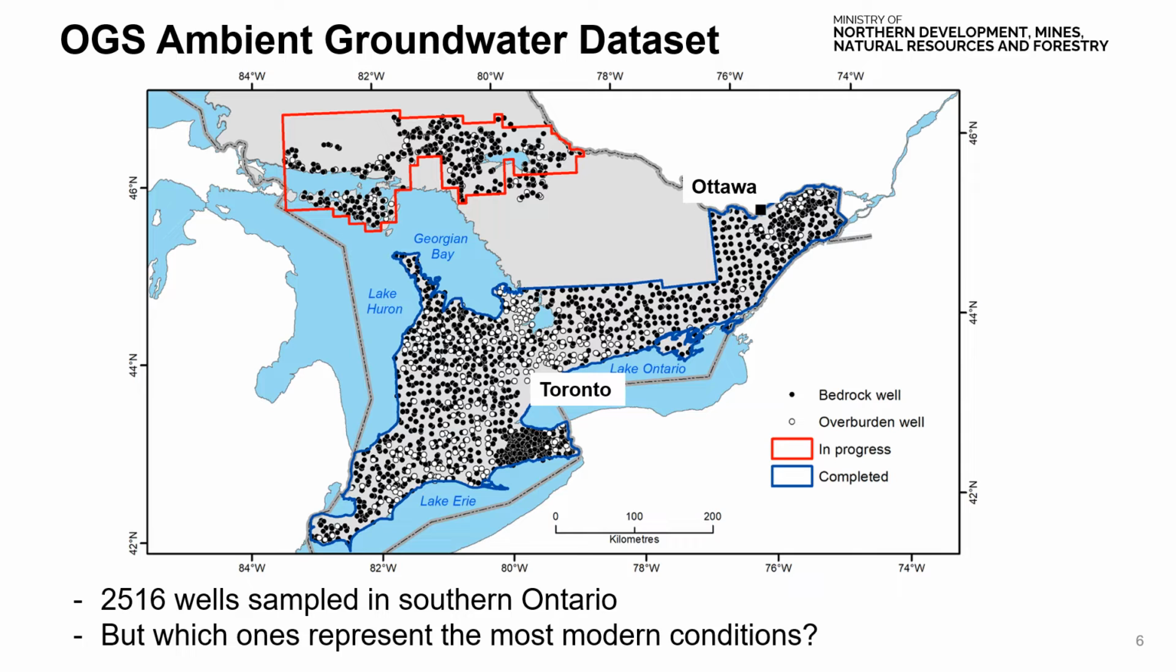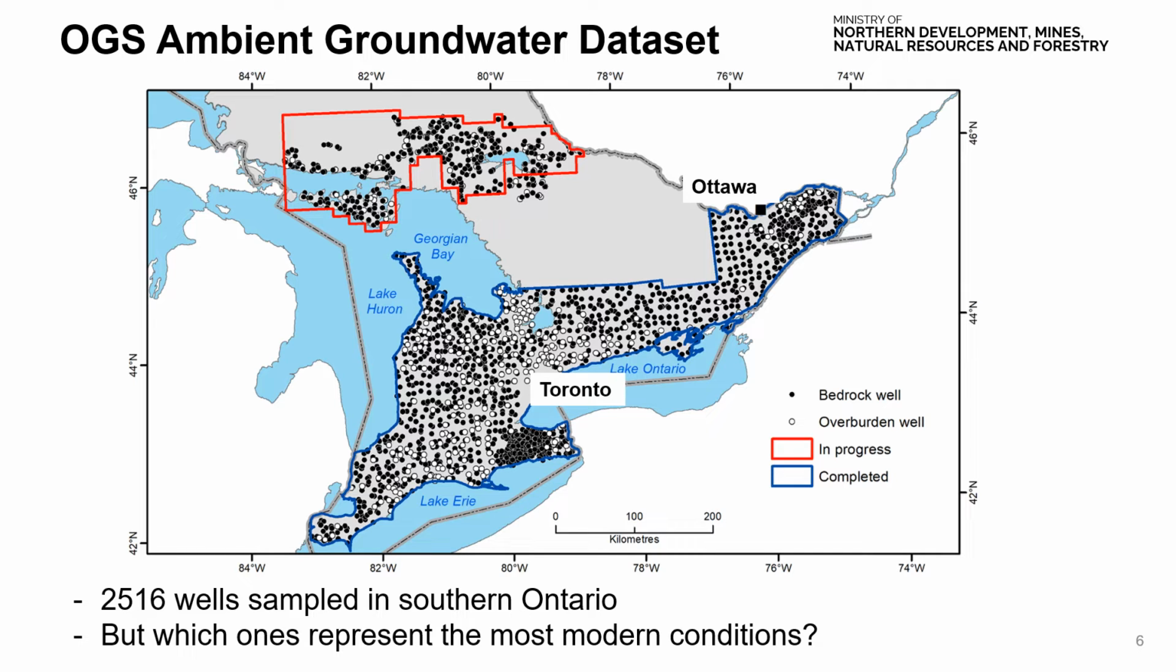So our challenge was to create a subset of the complete data set that represents shallow modern conditions, those samples that most closely resemble rain. So we did so by establishing some selection criteria that includes aquifer type, well depth, well type, and overburden thickness for bedrock wells. So from the 2,516 wells, we ended up with a subset of 630 wells that represent shallow